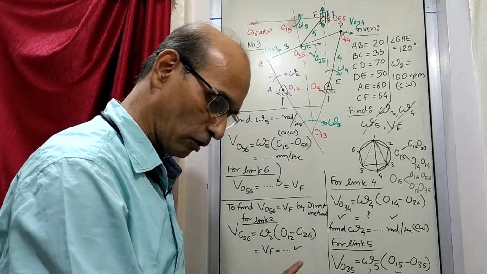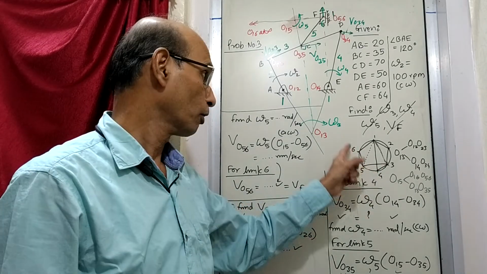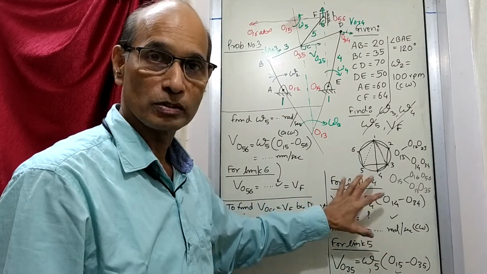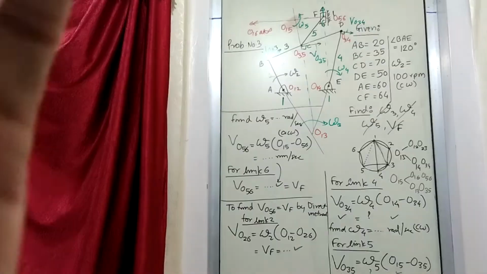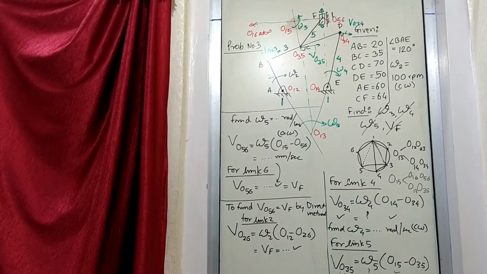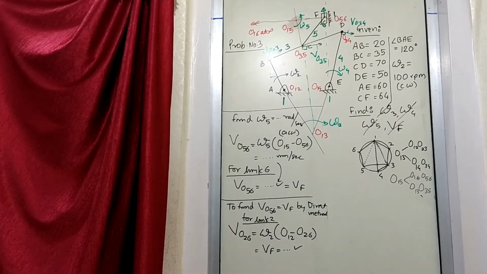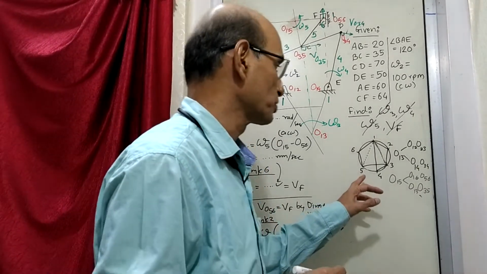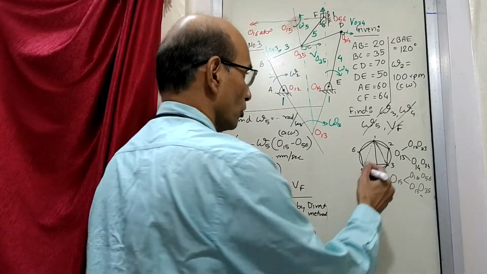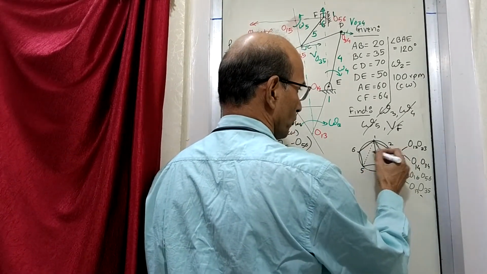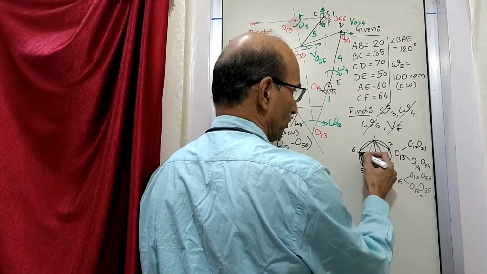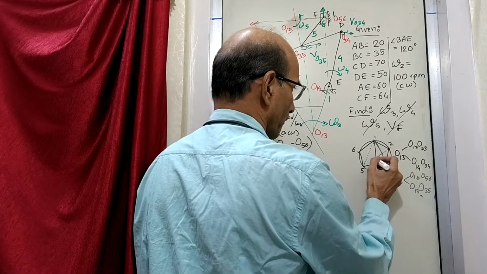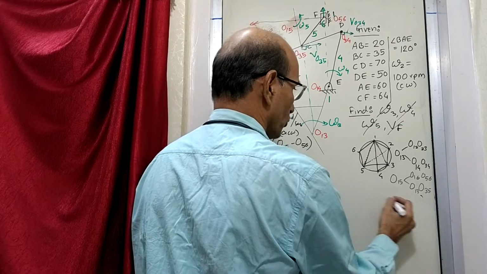So now our job is to find out where is I26, and for that we are coming to the Kennedy circle. So I'll just remove this and we'll work out I26 over here. Our next job is to find out I26. If I join this 2 to 6, you will find that there is no such path available for completing this 2-6. So before 2-6, let us try to find out I25.